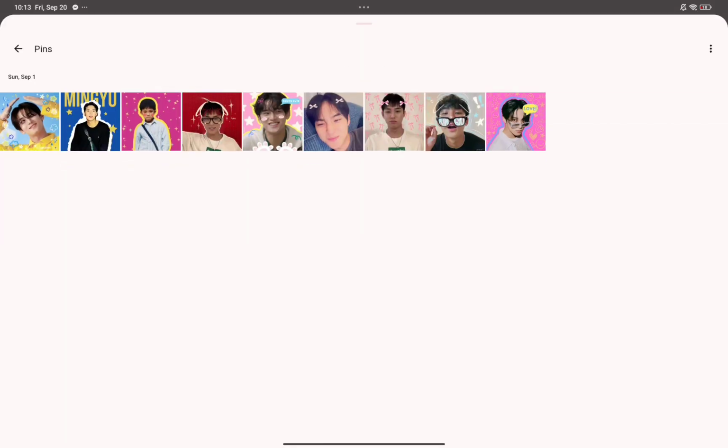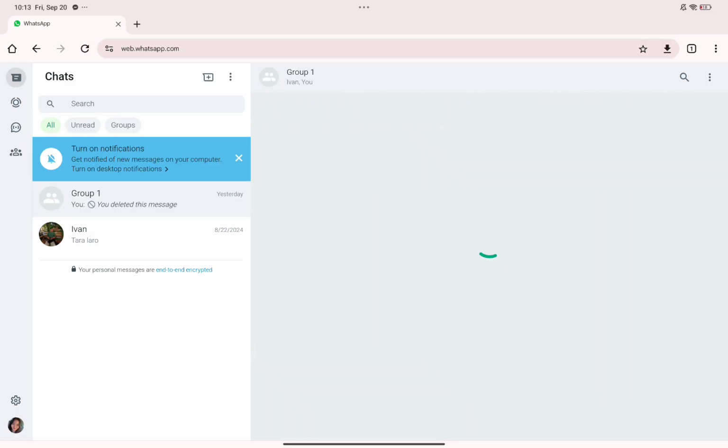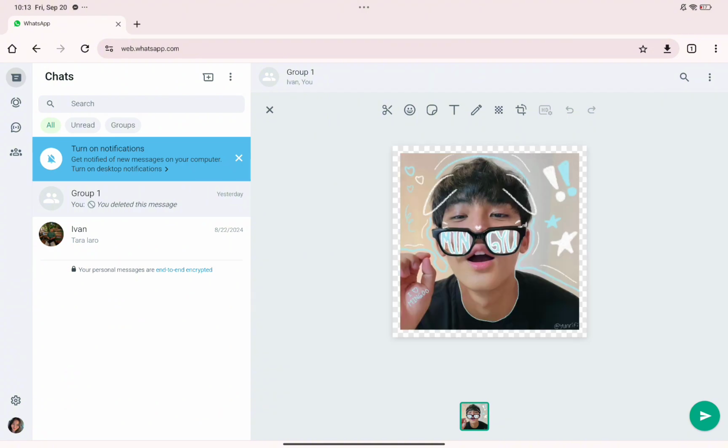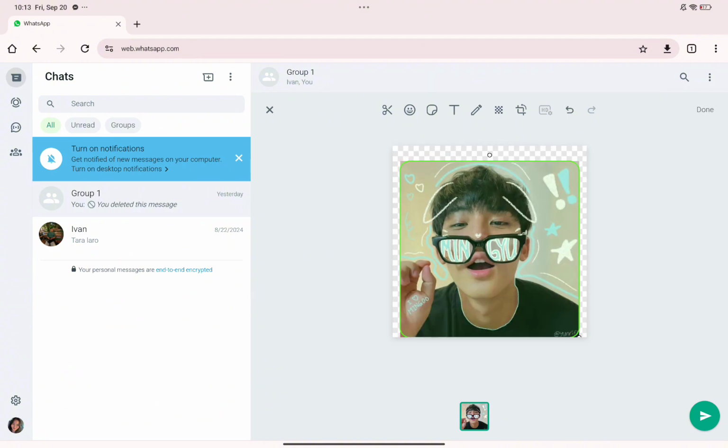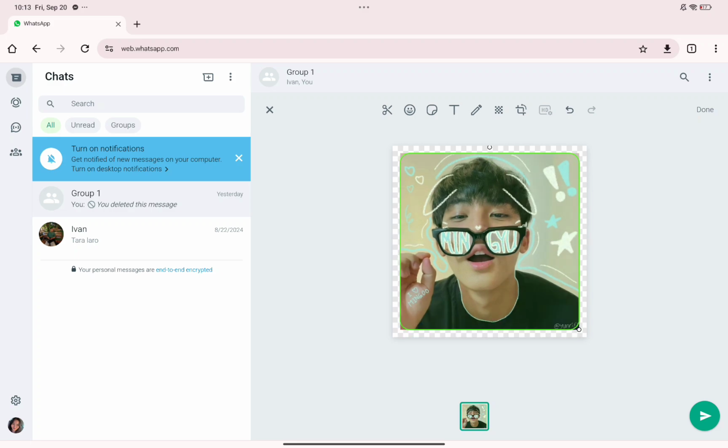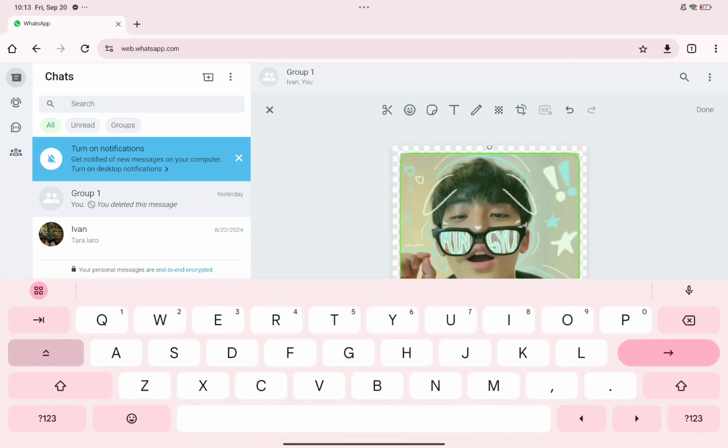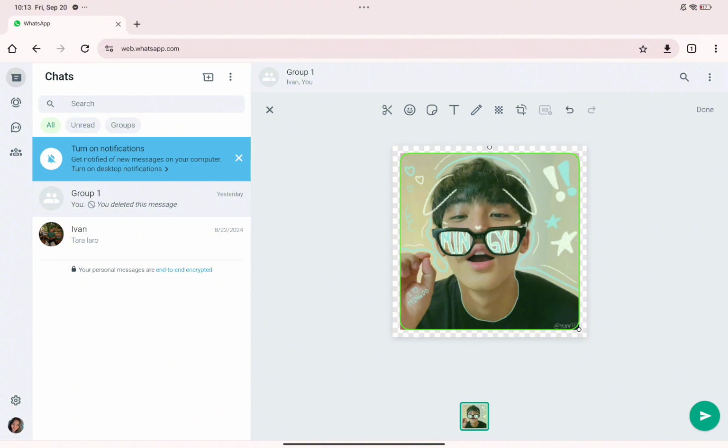From your album, go ahead and select a photo that you want to use to create a new sticker. As you can see in here, there are a few tools that you can choose from. You can crop this image, you can add emojis and stickers along with text on this image and rotate it